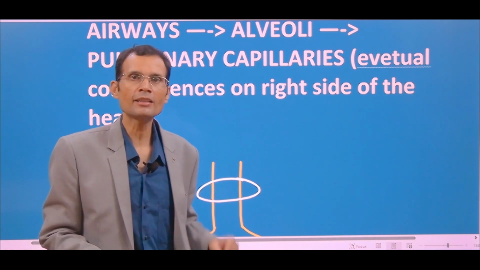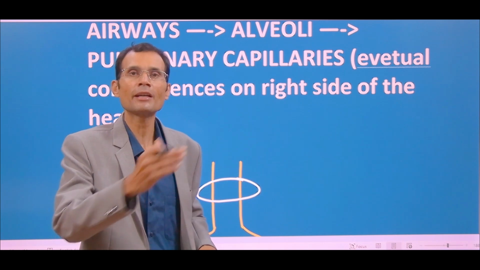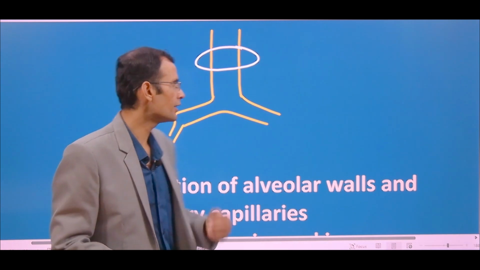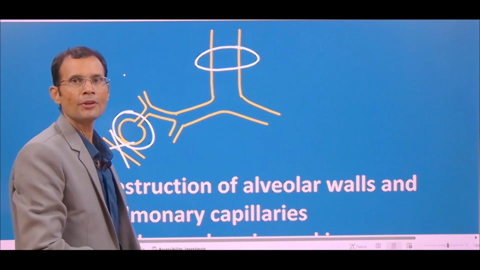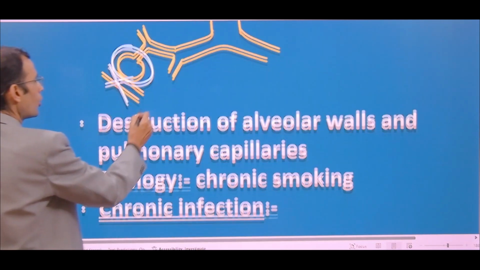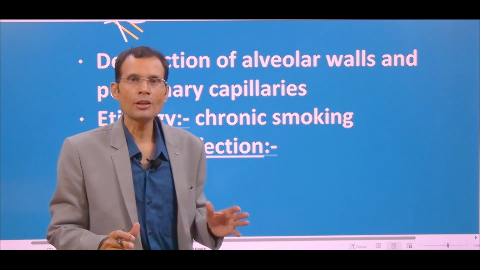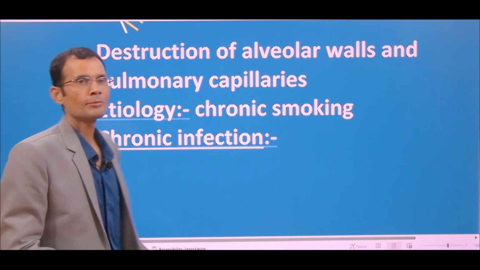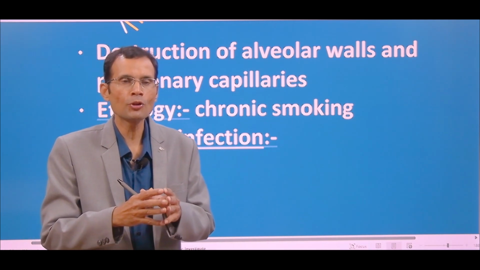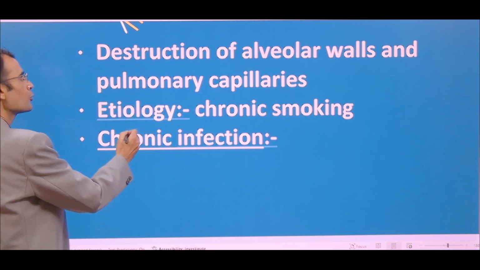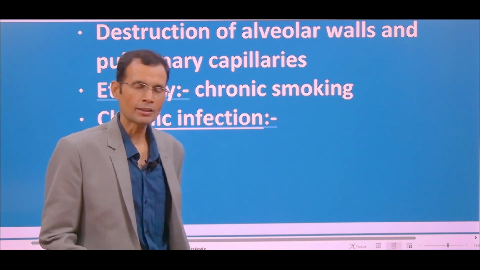Then it also damages the pulmonary capillaries located in the alveolar walls, and eventually, since the circulation is involved, it will also burden the right side of the heart, because the right side is supposed to pump the blood into the pulmonary capillaries. So remember, sequentially the things happen like this: airways first to be affected, then the alveoli, and then the pulmonary capillaries or the circulation eventually. All right. So overstretching, over distension of the lung parenchyma, destruction of the alveolar walls. Now that's quite logical to understand. If the alveoli are overstretched, eventually the walls will be damaged and destroyed, and also destruction of the pulmonary capillaries.